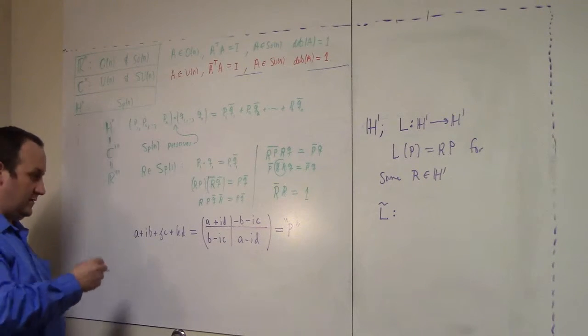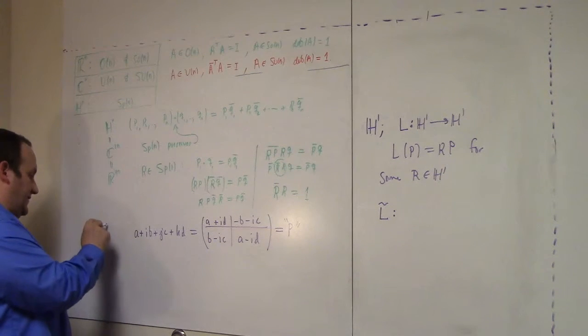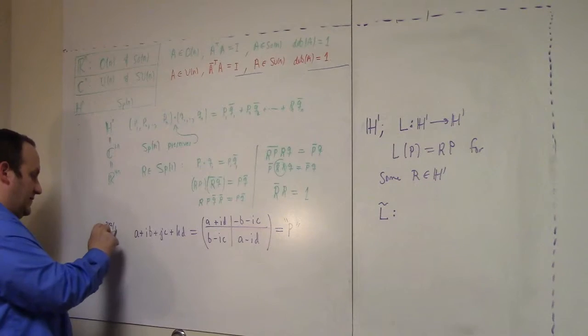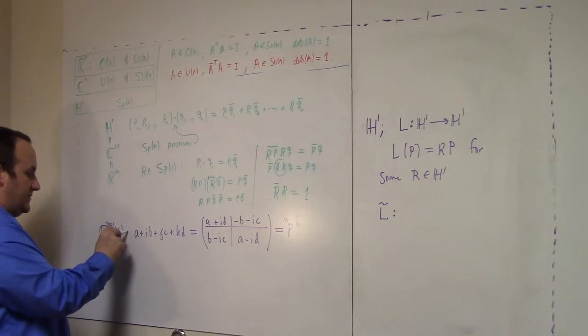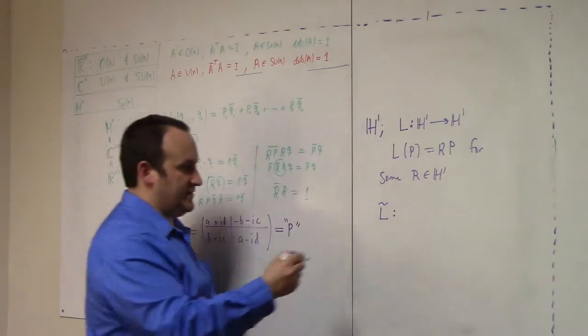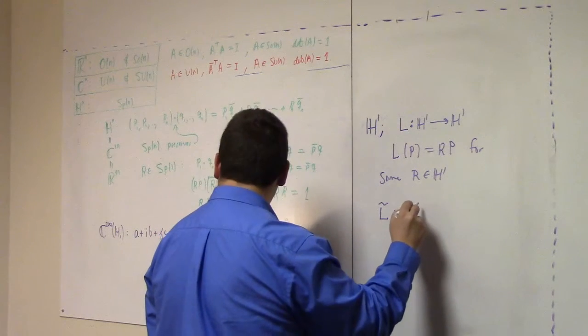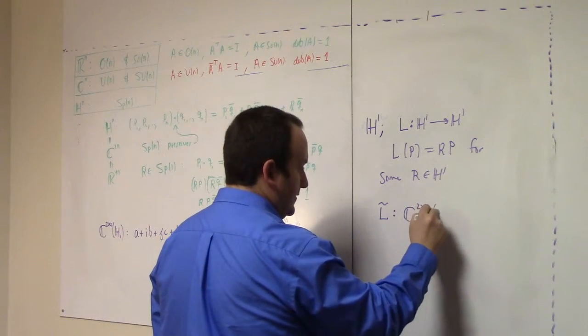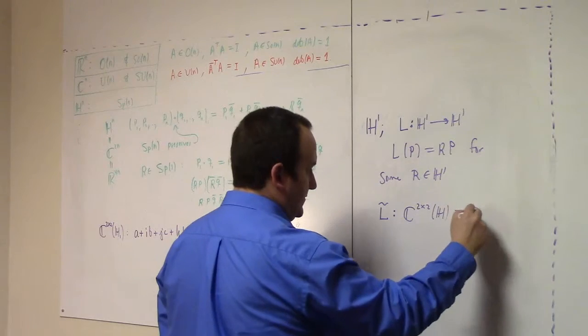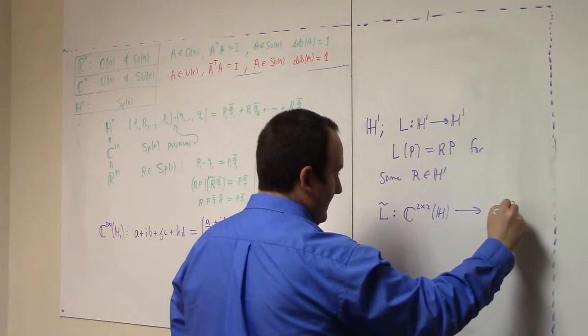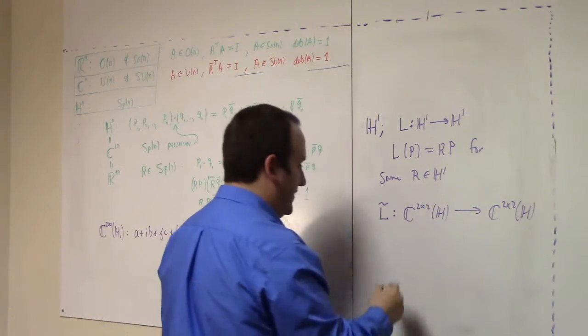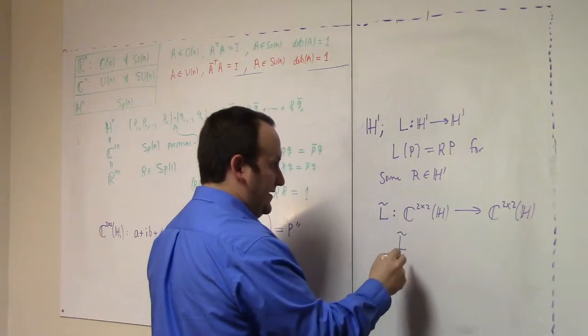You could just write C 2 by 2. Alright, fine. So C 2 by 2, the copy of H1 and C 2 by 2, right? So let's say L tilde is C 2 by 2, a copy of the Quaternions again, and I do think you're right. We can write L tilde